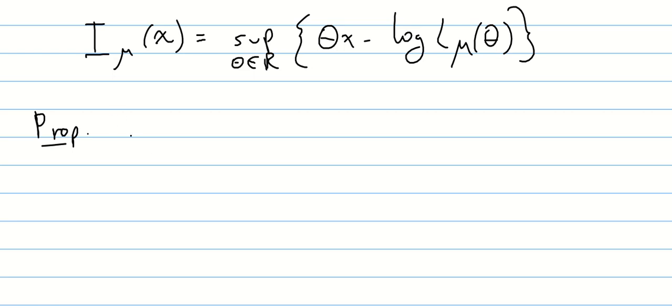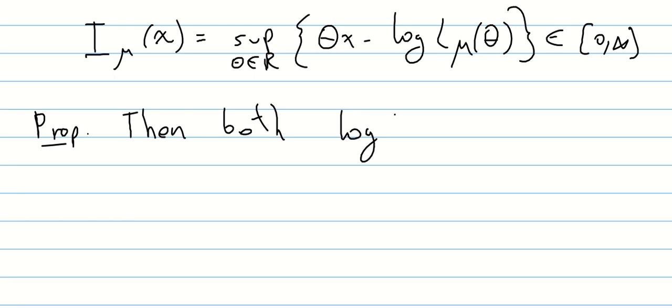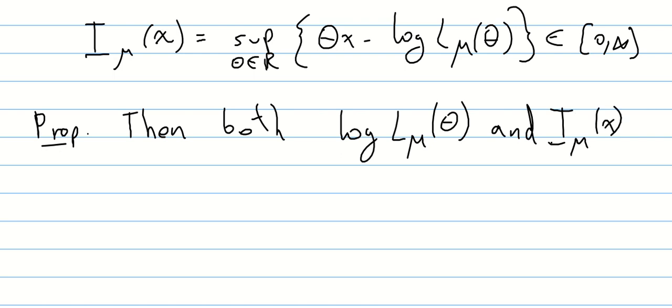So suppose that we have the setup above, then both, by the way, this is also on 0 infinity, then both the logarithm of L mu of theta and I mu of x